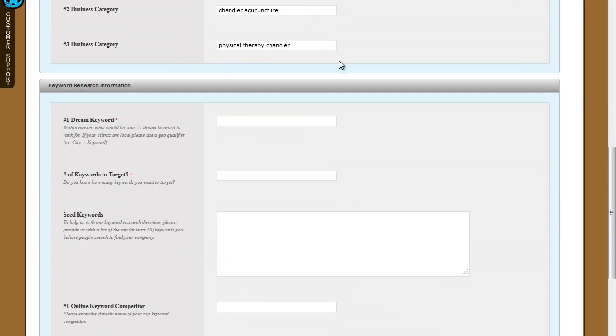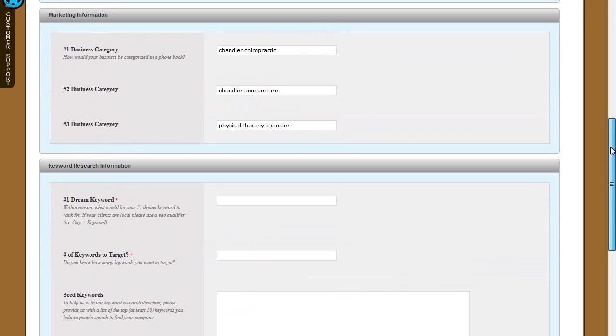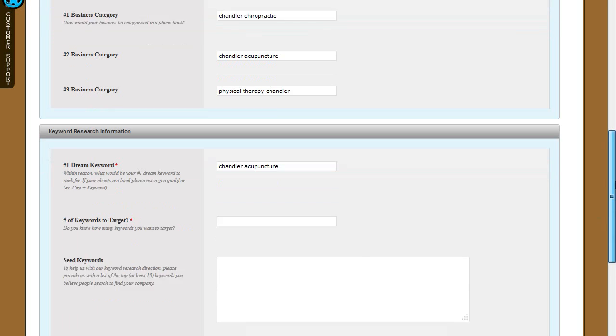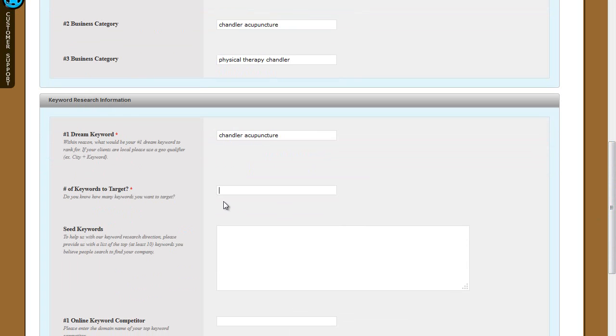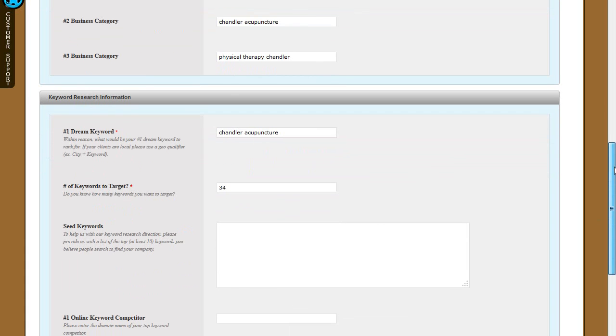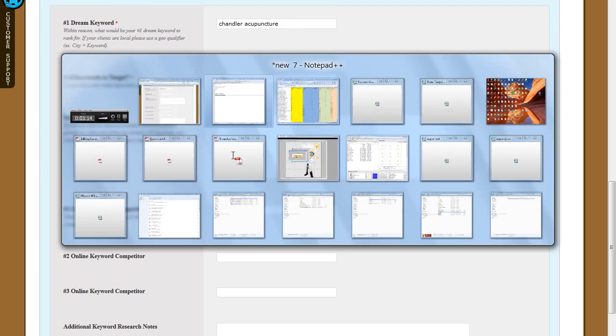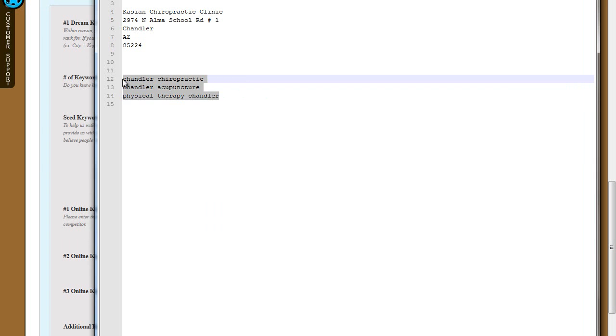His dream keyword, what he really wants to bring people in the door for and what makes pay the bills. We'll just say it's this. Pop that in there. And number of keywords to target. Again, we're going to be in research mode, so you could do up to like 34 just to come back with some data. Seed keywords, you would do these 3 keywords and probably another 4 or 5 others, just so